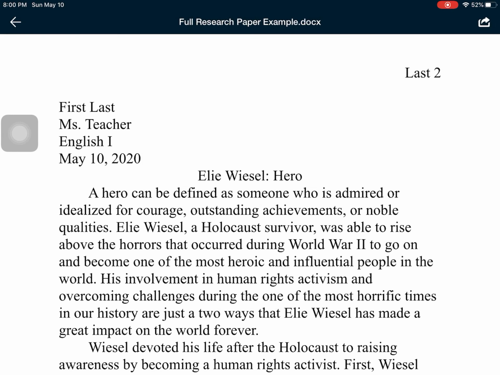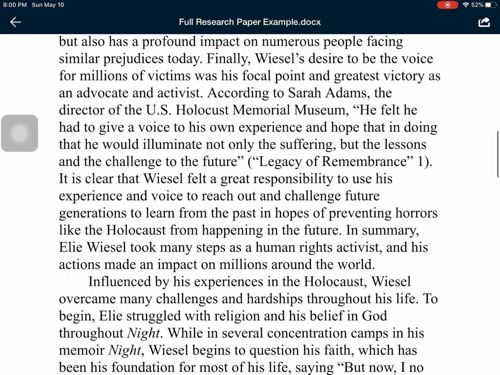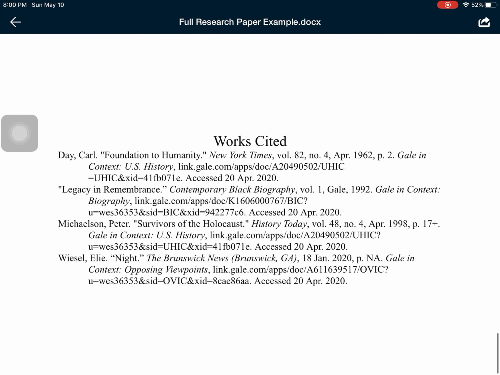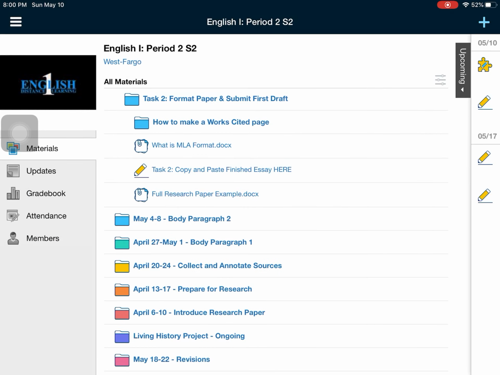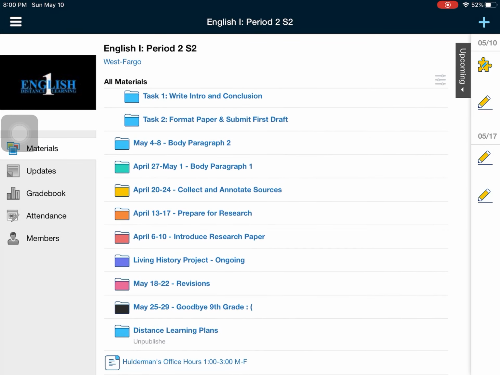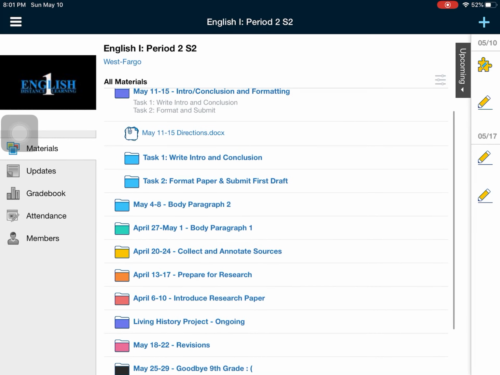Again, unless you download it and open it in a Word document, it's going to look a little bit funky, but this will be a full research paper and what it should look like. And you can check that out too. Once you are done with your Task 2 and your paper's formatted and submitted,